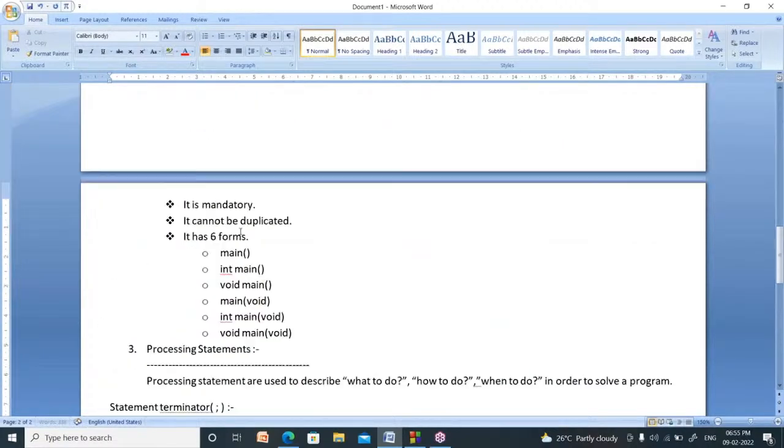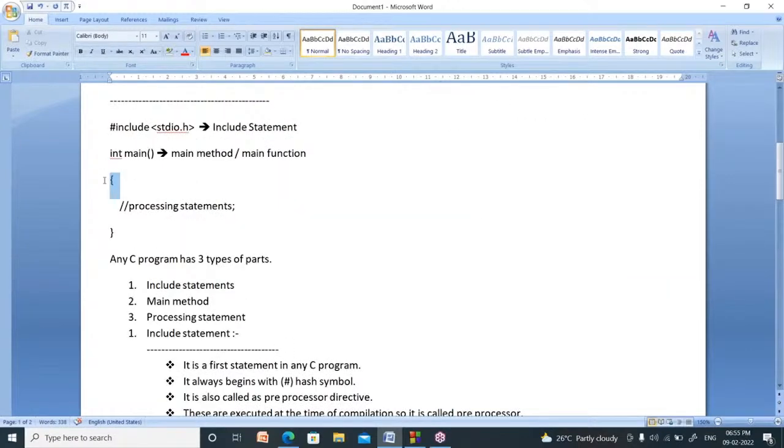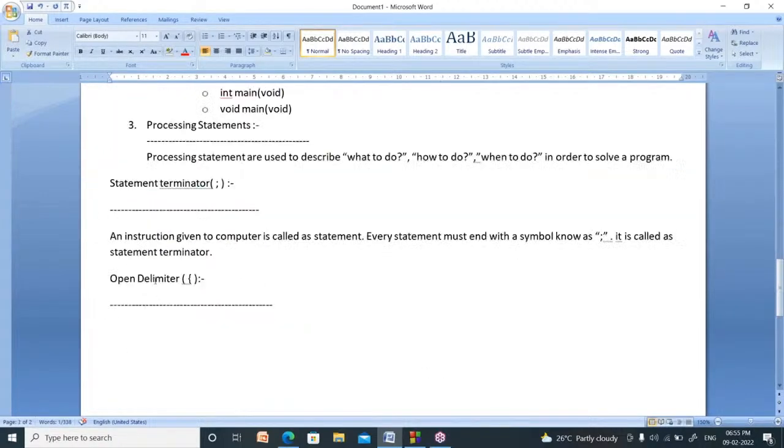Why we typed here? It indicates the beginning of function. What is the use of this symbol? It indicates ending of the function. Now, limit means limits. You know limits.